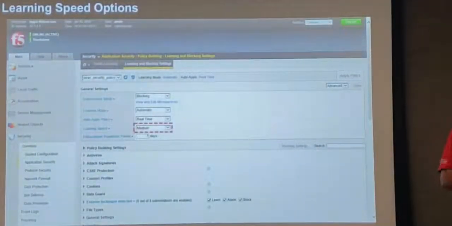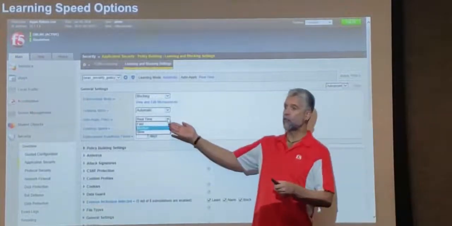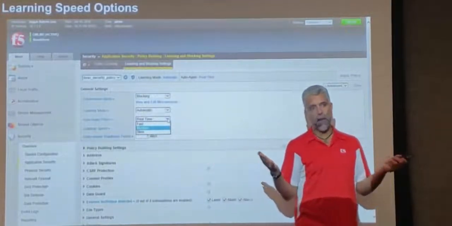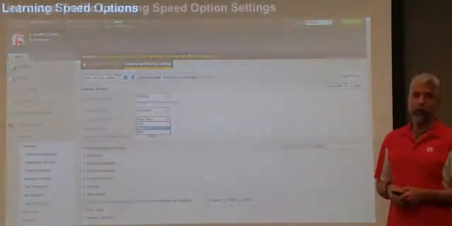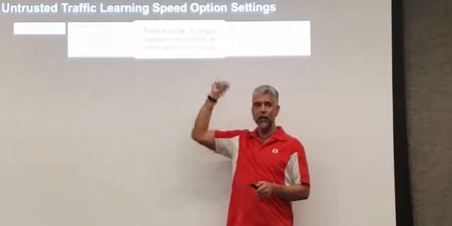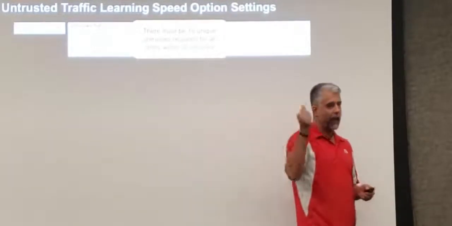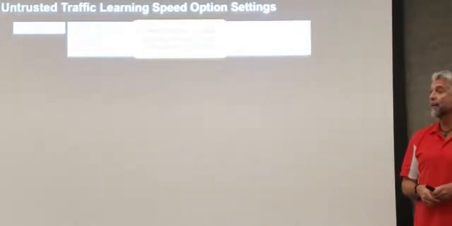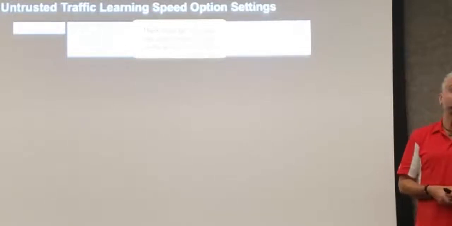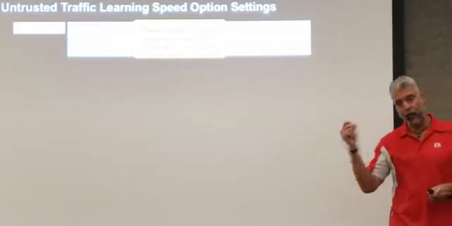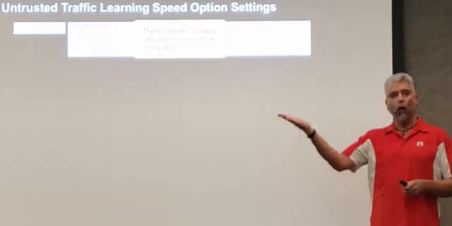So here's how we can modify those settings. First, I can just use one of three default values: fast, medium, slow. I can affect the learning score in that manner. What does that do? Well, I'll show you. Fast. Here are the default settings for fast. Now, I only need 10 unique requests, not 20. 10 unique requests within a 30-minute period of time. As long as I get 10 requests in 30 minutes, I'm going to create a learning entry or up the